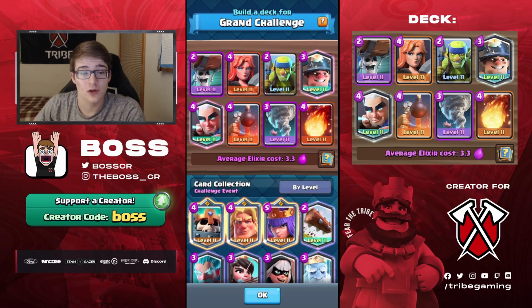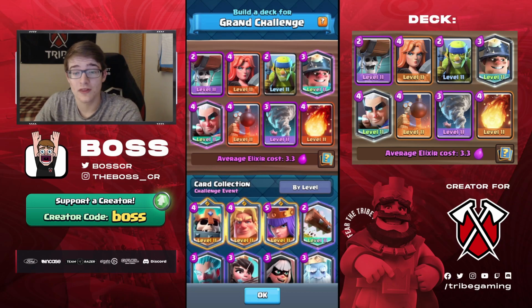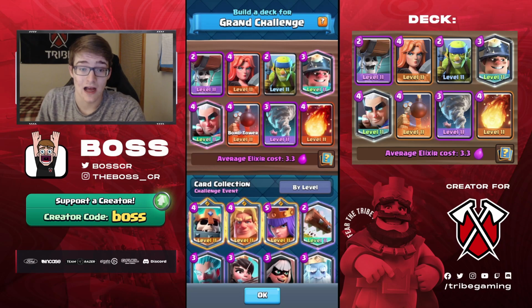right now in the meta, which happens to be this deck right here. You guys might know who Remy Ellie is. He's insane with this deck. He finished 7th in the world with it last season, and it has the bomb tower in it. A card you don't see a whole lot of, in terms of the building usage rate, but it's